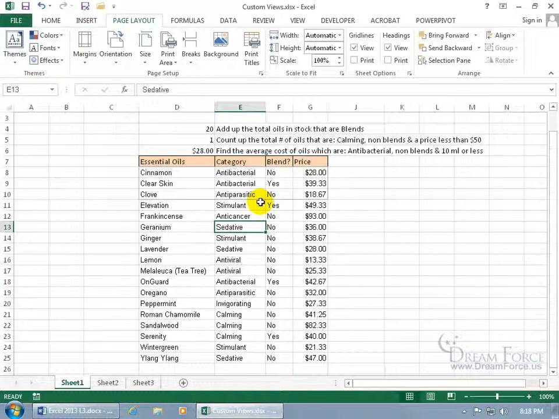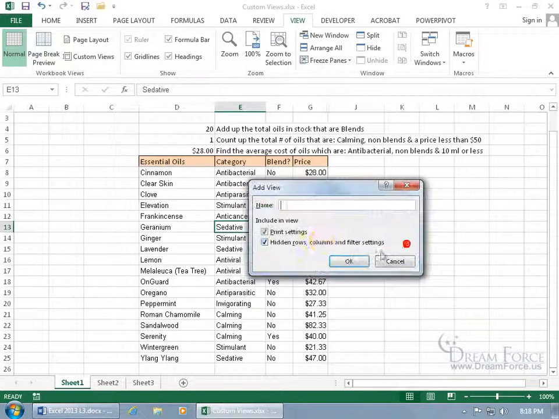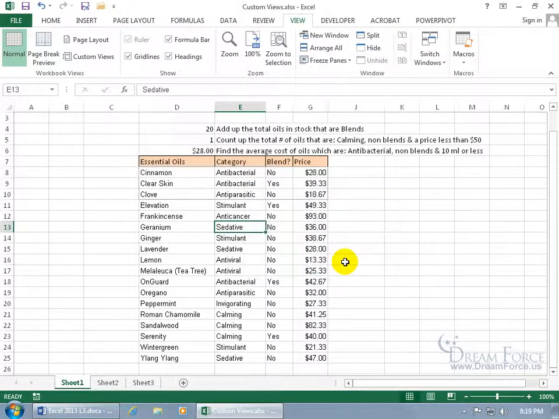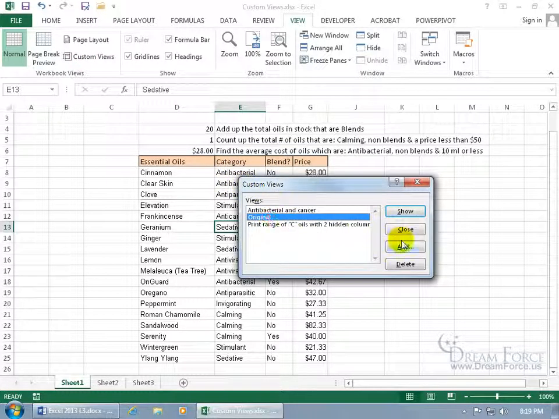Go backstage, and I can go ahead and save this as a custom view. Come back up here on the Views tab, click Custom Views, say Add, and we'll just say it's a print range. In any case, you get the idea. Click Okie dokie. And then to see all these views, I mean, it's going to take quite a few clicks to toggle. That's kind of annoying. If I come up here, click on Custom Views, there's one click, select it, there's two clicks,